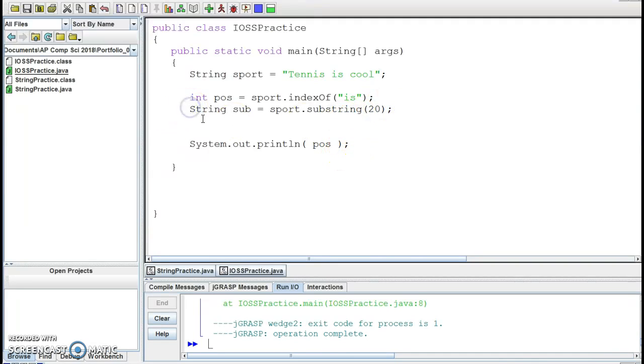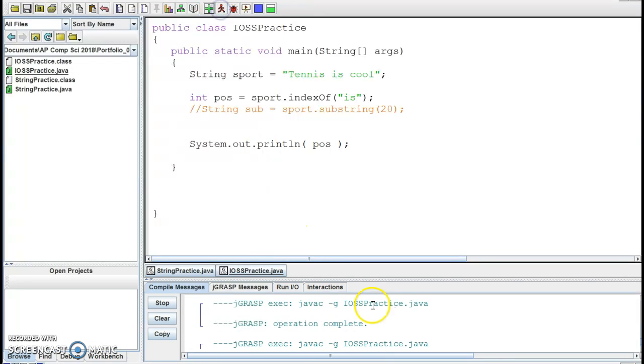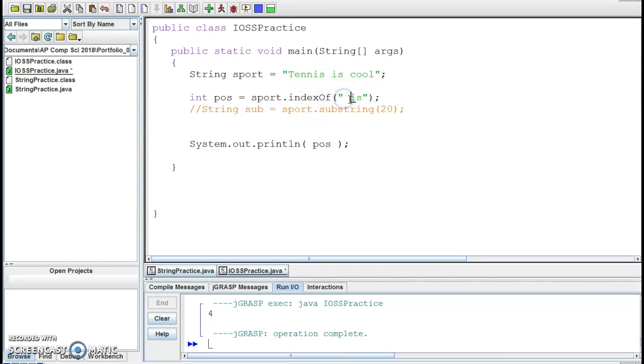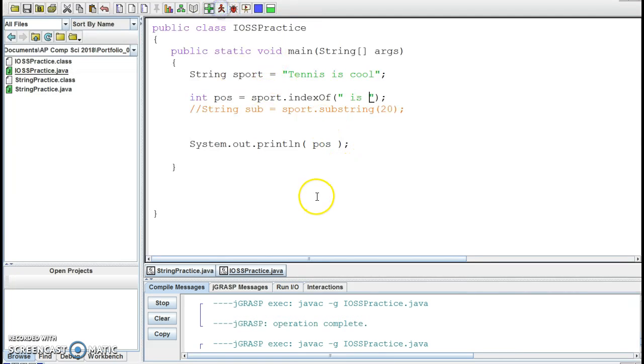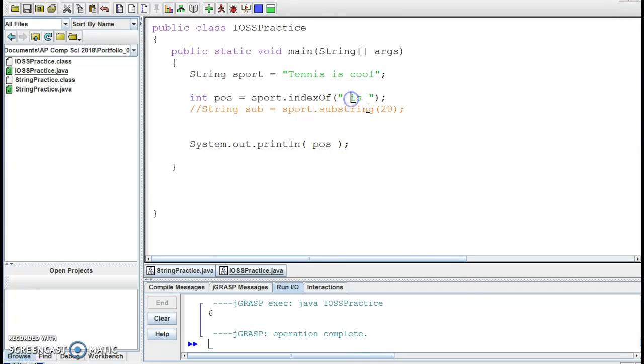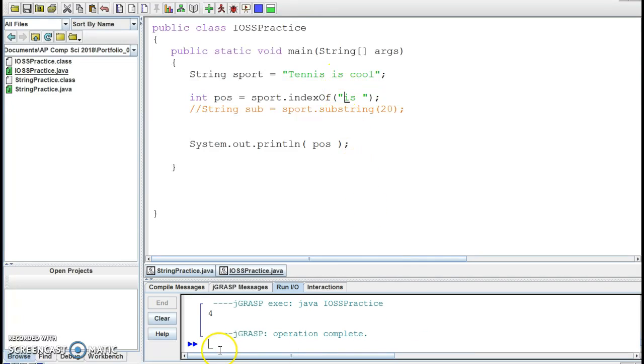Comment that out so it doesn't cause a problem. So we're going to take a look, and wait, position 4? I thought we said position up. Hopefully you caught that the word "is" already appears right there, and the word "this" is. So if I really did want to find it, hopefully I'll recognize that I could look specifically for that, or maybe if I wanted to find it right at the beginning, play around with it, that's where that actual